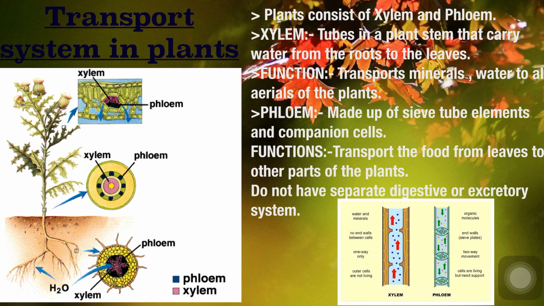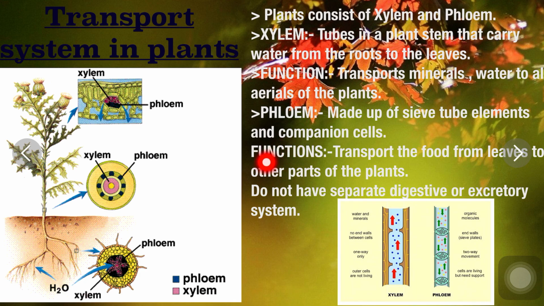Students, now the next topic is the transport system in plants. Okay, how does transport take place, like transport of water, minerals, food, etc. in the plants. So, the transport system of plants consists of xylem and phloem. Students, xylem and phloem are the conducting tissues present in the plant. Okay, these two are the tissues with the help of which the transportation takes